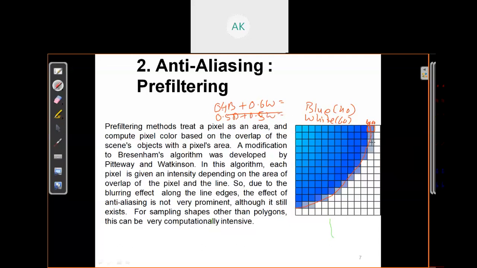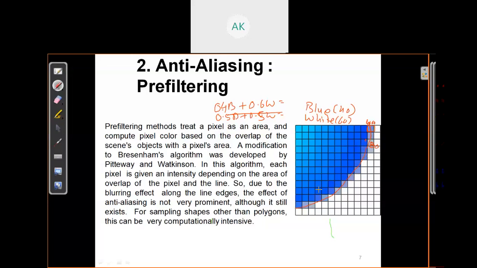Here there is 80% white and 20% blue, so this is a very light blue. Here there is 90% blue and 10% white, which means a dark blue, the color is near to blue. In this way we can draw the edge of your object.